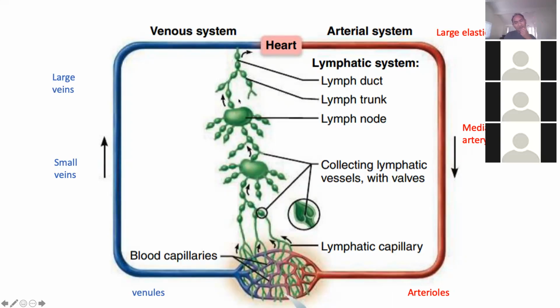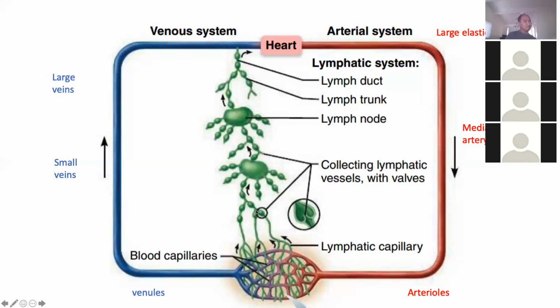But the lymphatic system has only one way, because it carries excessive fluid from the peripheral capillary level back to the systemic circulation, into the venous system. So it is a one-way system. It starts from the lymphatic capillaries, and then the capillaries will become collecting vessels, and they will get to